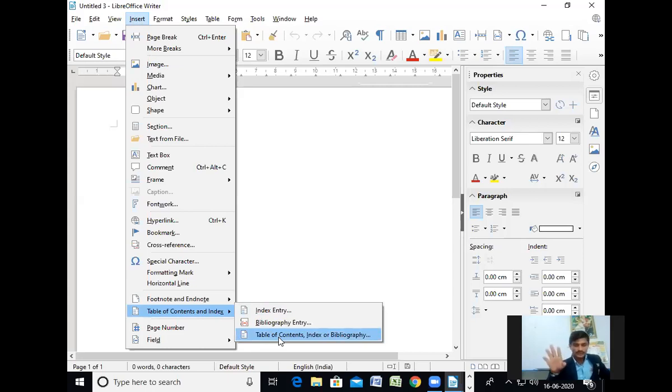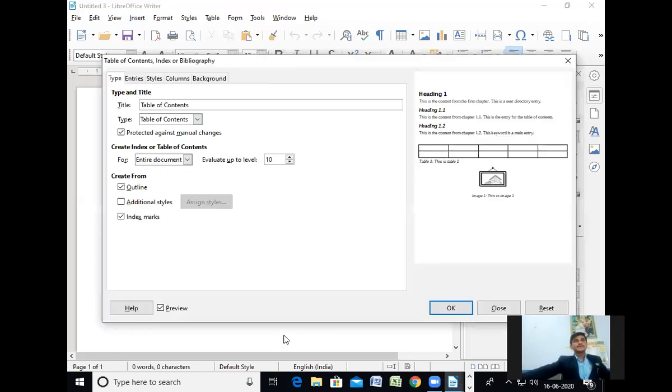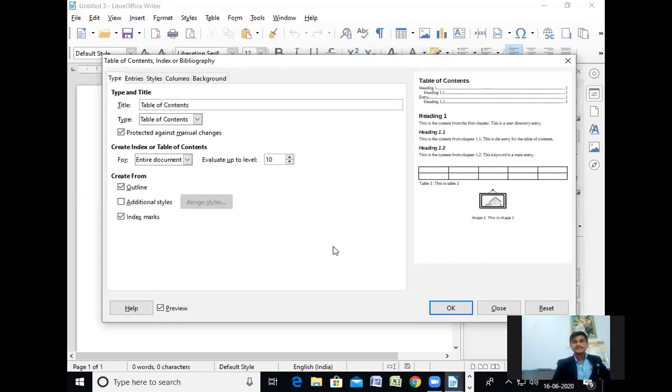Once you click on that, you will get some options. See, here is the table of contents. Then you will get here Heading 1, Heading 1.1, Entry Heading 1.2. All these things you will get from this.